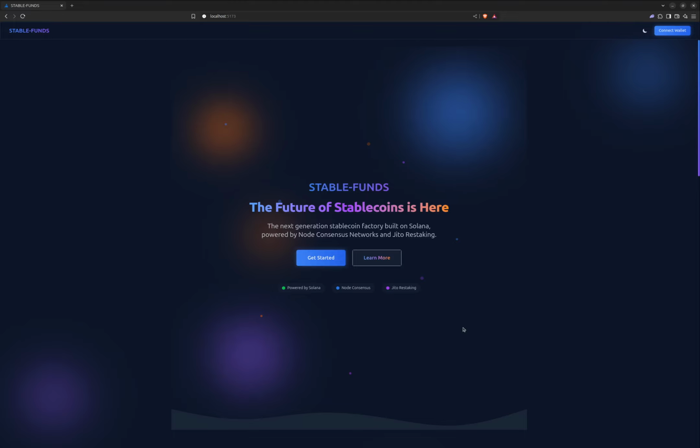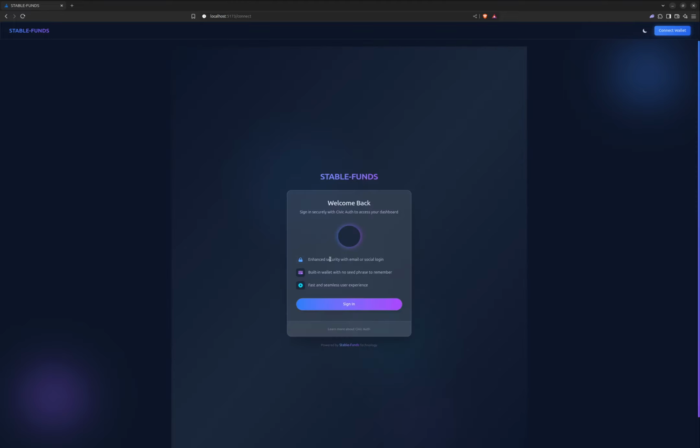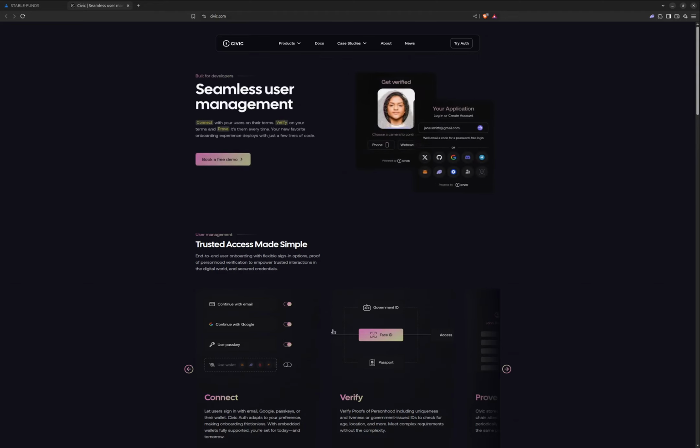So when I click on get started over here, the first thing you'll see is our login page, or the sign in page, which allows you to connect to our platform. And users who want to learn more about Civic authentication can click on learn more about Civic authentication, and they'll be redirected to civic.com. So when we go back to our platform and click on sign in,